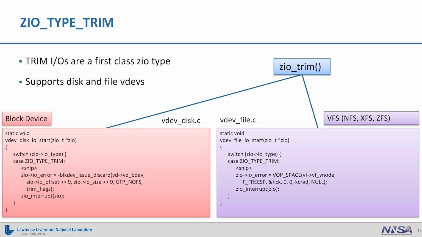The last bit, and this is the bit that was added for trim. The previous two parts were added as part of VDEV initialize, because like I say, it's got the same problem, basically. But we needed the ability to issue trims, and this is where things diverge a little bit from the other